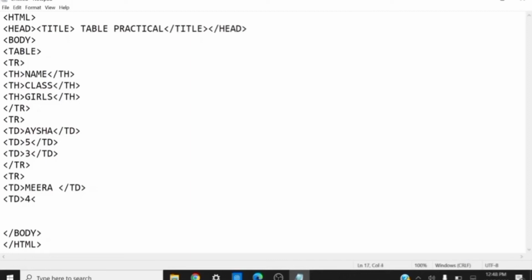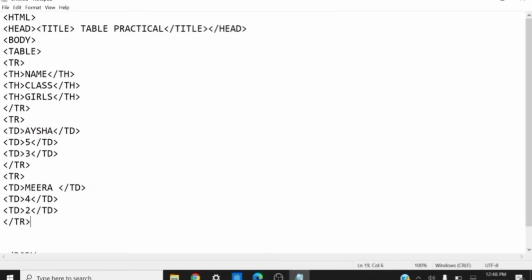The td tag is closed here. Then again opening the td tag, I write the number of girls. Suppose I write the number of girls as 2, then I close that td tag again. Then my data is complete. Suppose I just want to input only 2 students' data, then I close the tr tag here.